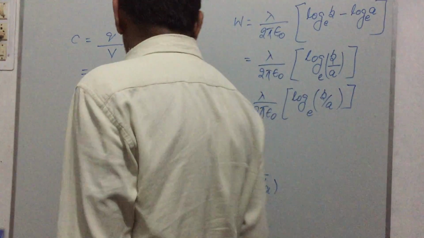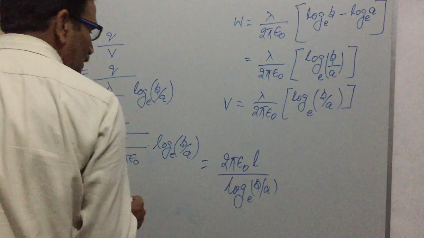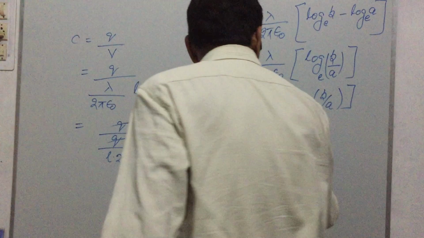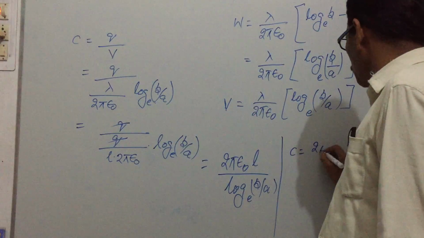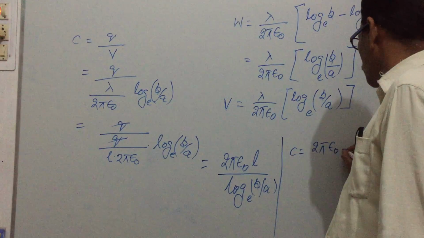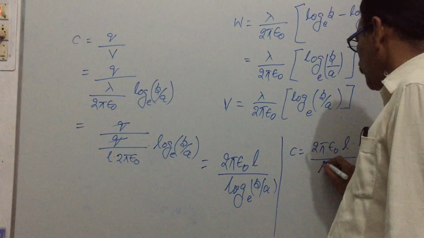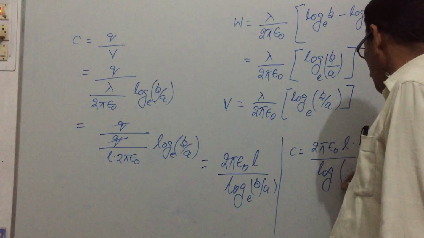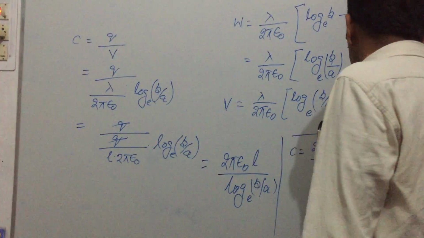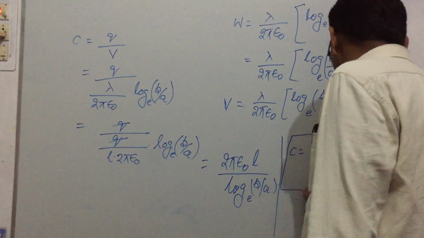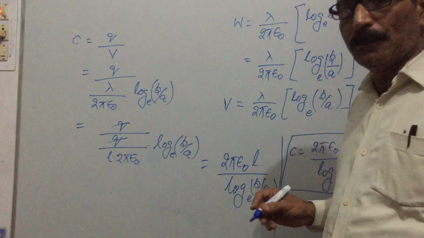So the formula for capacity, we can write here, C is equal to 2 pi epsilon naught into L divided by log of B by A at the base E. This is the required formula for calculating the capacity of a